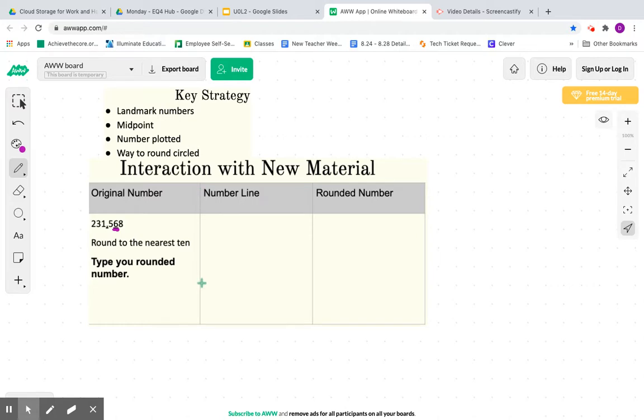So first, drawing my number line as a hill. There we go. And now I want to determine the landmark numbers. The only way to determine the landmark numbers is to know what am I rounding to? Oh, the nearest 10. Okay, so just look at the 68, right? So let's just look at that 68 right here. And what are the tens closest to it? Right. Well, if that stays as a 6, this would be like 60. Okay. So that means it's going to be